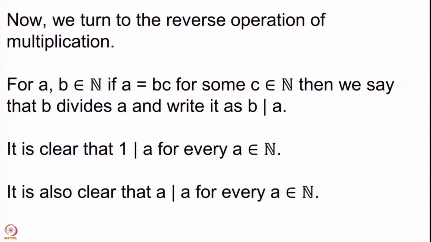And in the last lecture we actually saw a quick proof that 1 divides a for every natural number as well as a divides a for every natural number. So, every natural number comes equipped with two God given divisors. There is 1 and there is the natural number itself. Okay, so let us just go to the next slide,